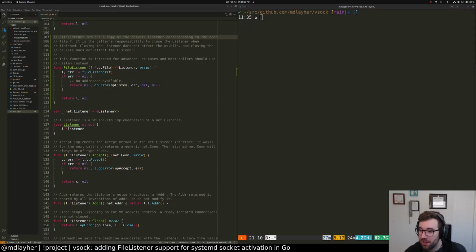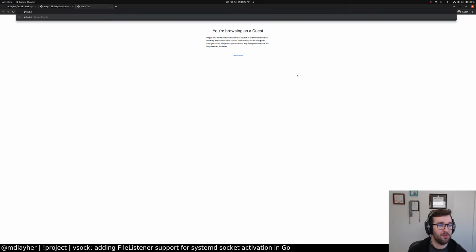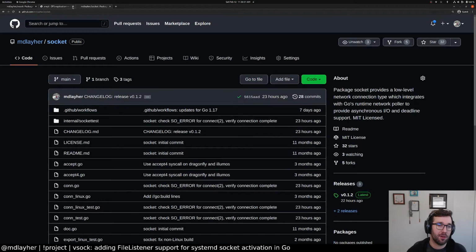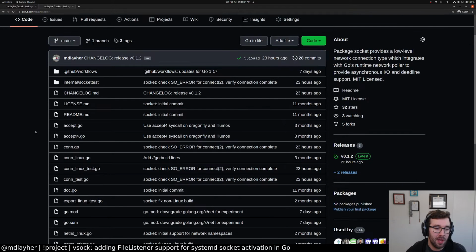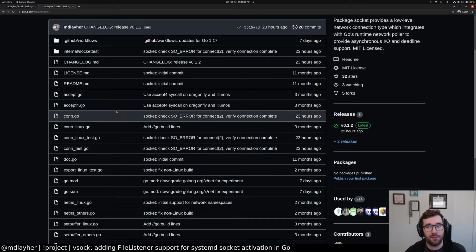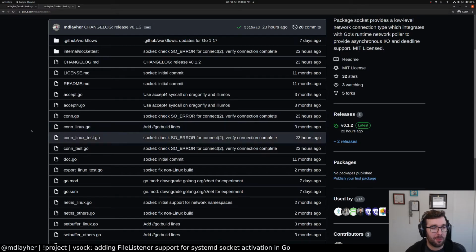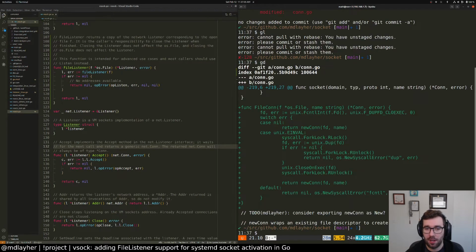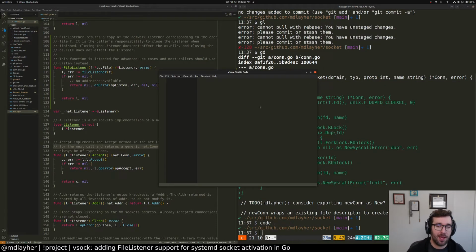So we're gonna get back to this, and we're gonna get working on the vsock library. So kind of the state of the world today. vsock is based on my socket package, which is kind of everything I have learned about integrating with Go's runtime network poller. And there was a bit of interesting stuff with this. So actually, I think I want to do something really quick before I get back into anything else. So if we go to the socket package, oh right, I was working on FileConn here too. Yeah, so we're gonna have to add support for that, but